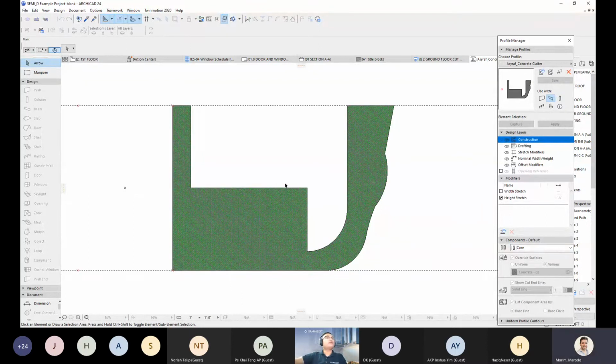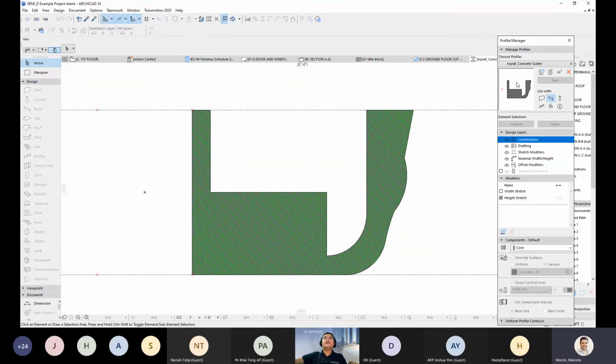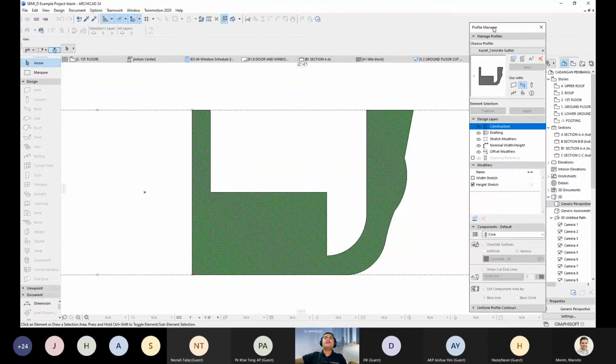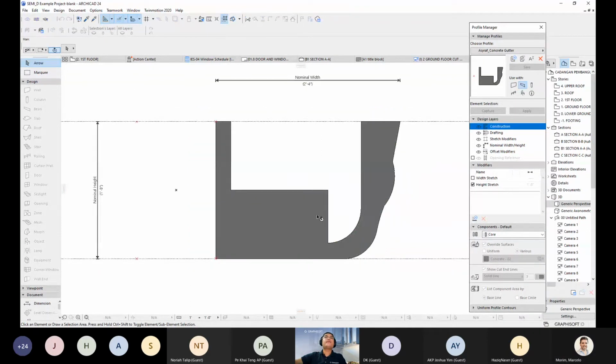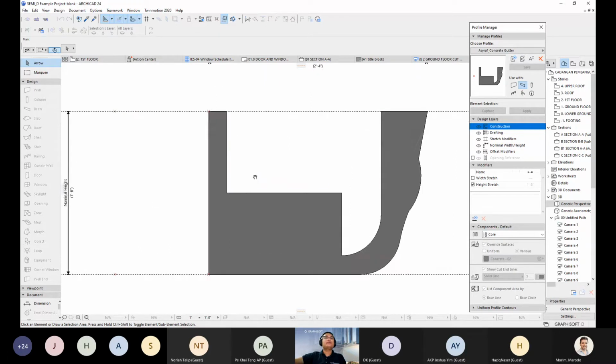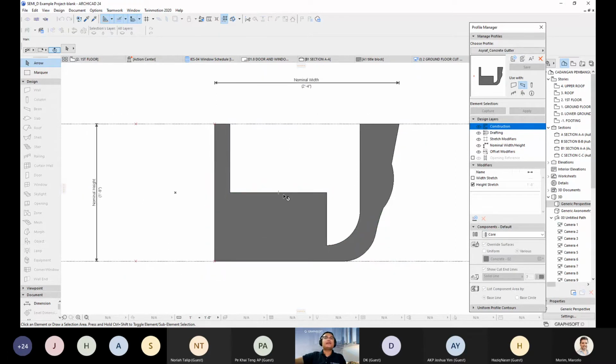Let's say maybe I show one example here. Just a quick one. So in the profile manager, you can custom make your profile and adjust the setting of the dimension or the height of your profile directly on the setting of, let's say, this beam, right? What I can do now is adjust the inside of this